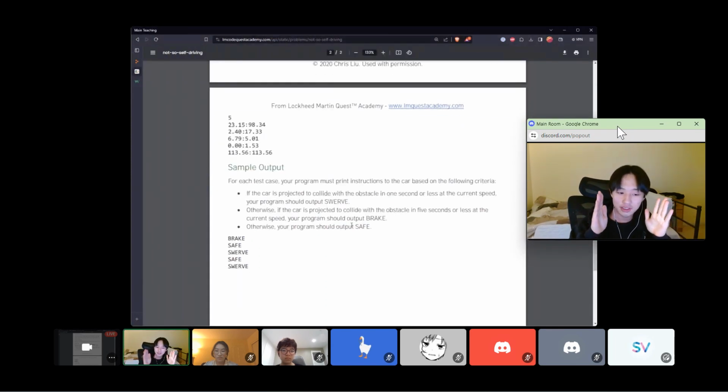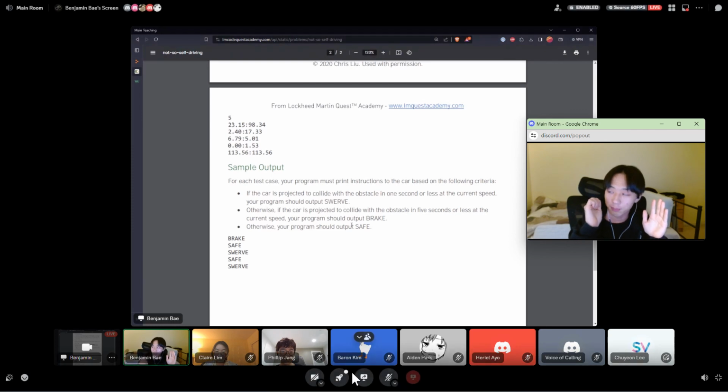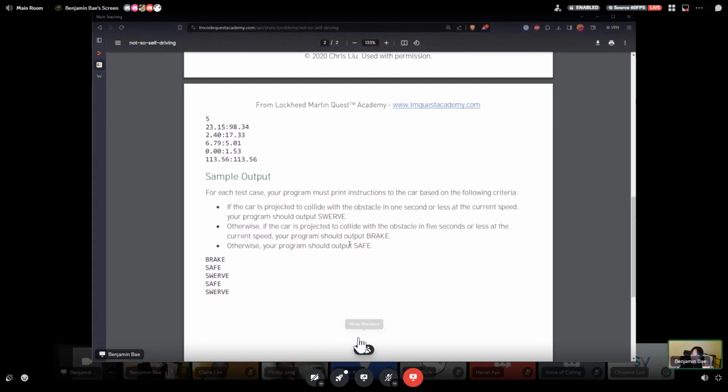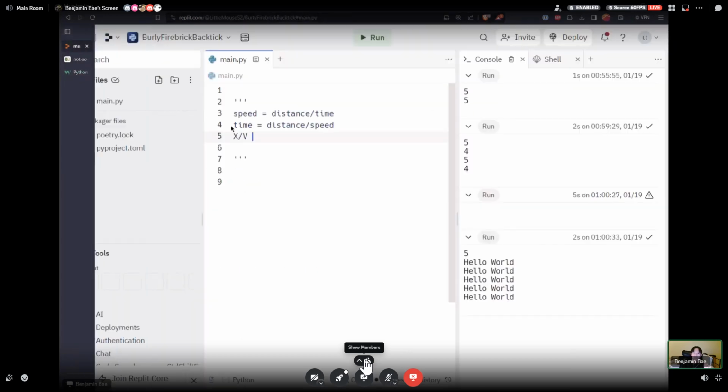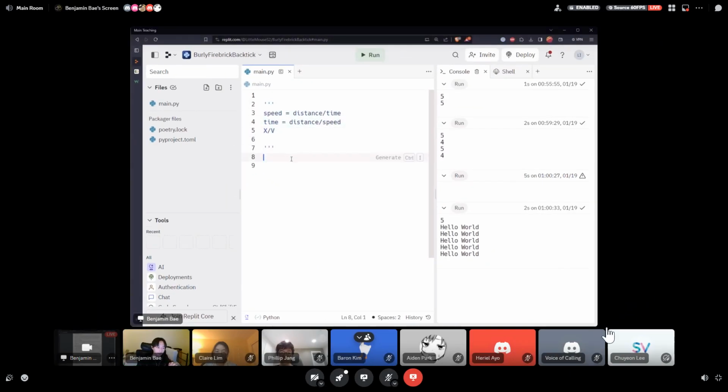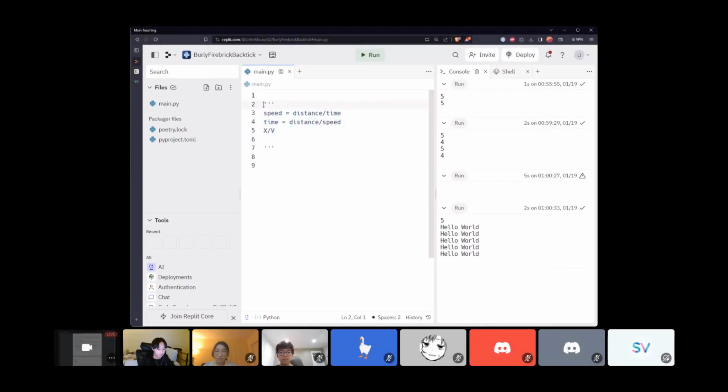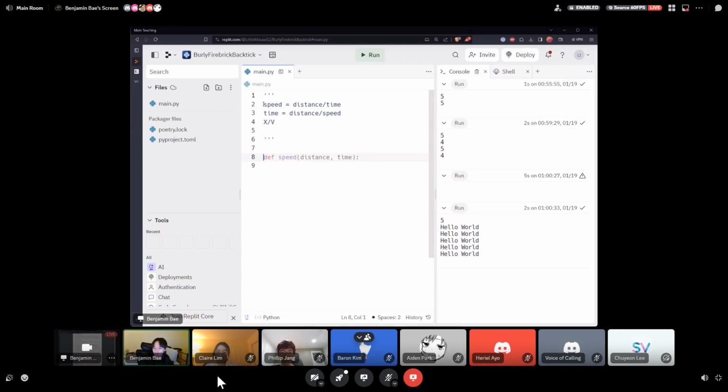So if it's less than 1 second, it should swerve. If it's between 1 and 5 seconds, it should say brake. And anything over 5, it should say safe. Now let's code this into an actual program. So we'll keep this here, and then we'll first start with our input statements because we're using the sys.stdin method. We're going to do import sys,